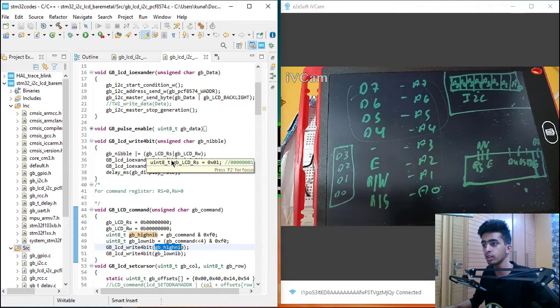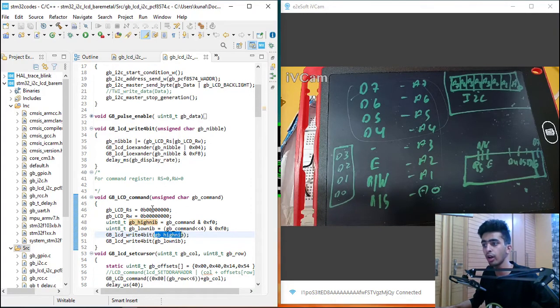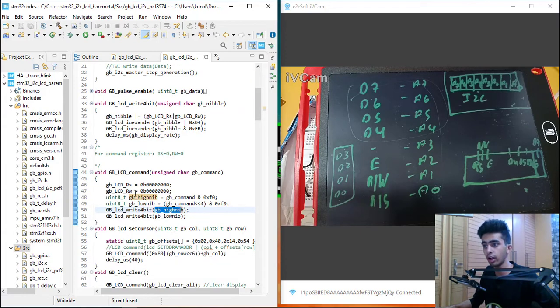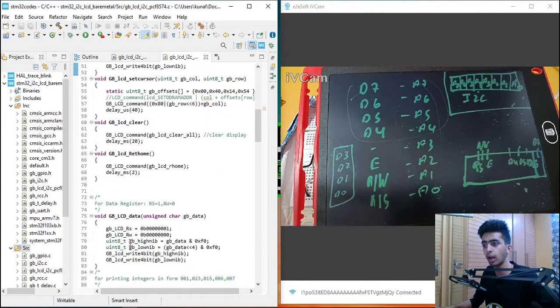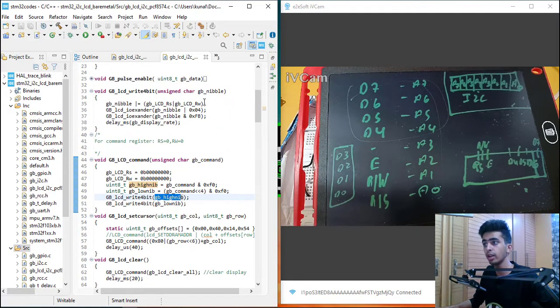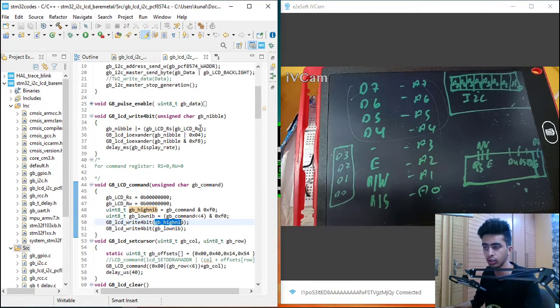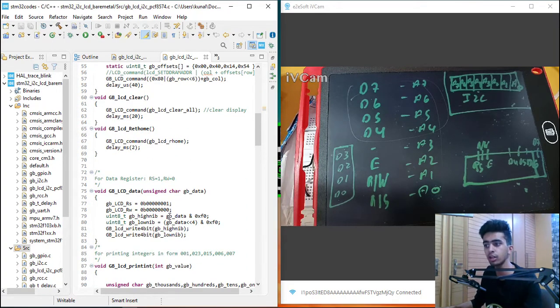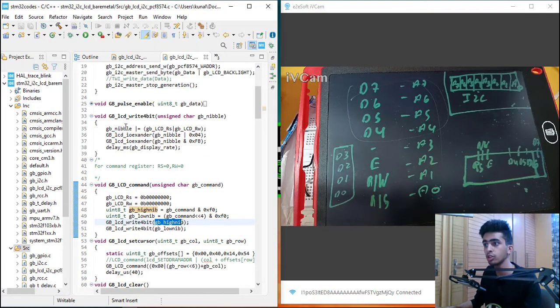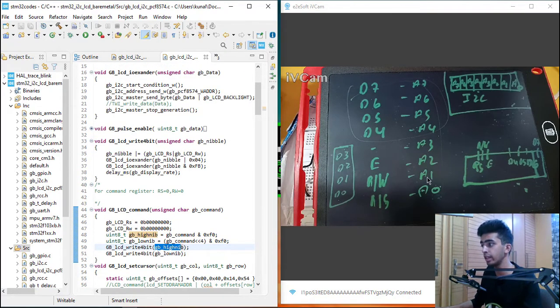If we are sending from the command register, my RS will be 0, and if I am calling the 4-bit mode from my data register, my RS bit will be 1. RW will always be 0, because in both the command and data register I have set my RW as 0. So the nibble, my whole A0 to A7 of the I2C data, gets updated.